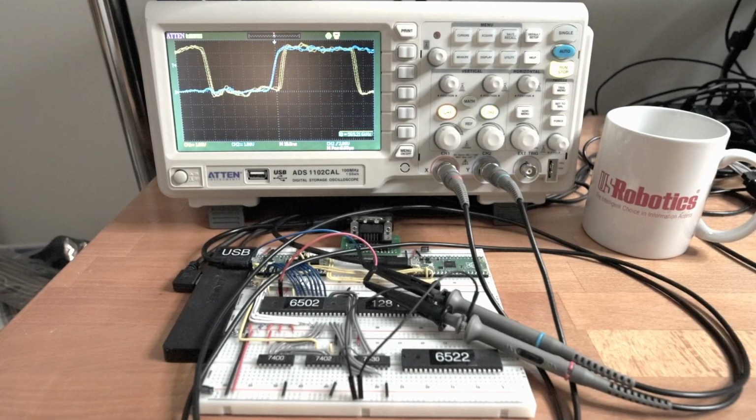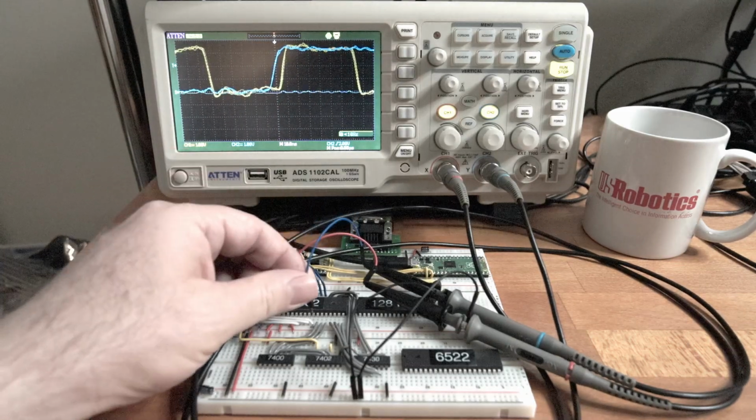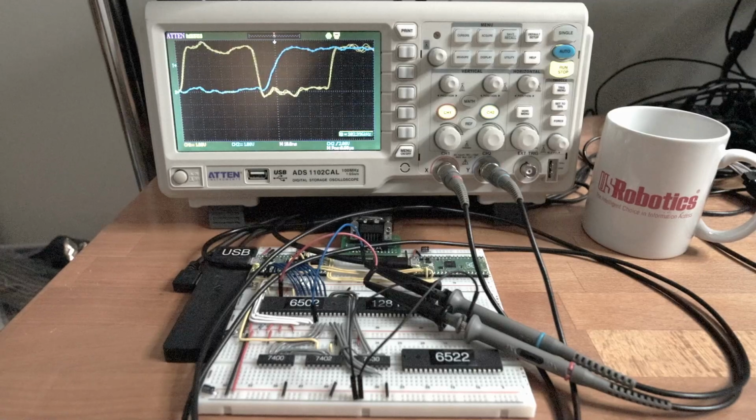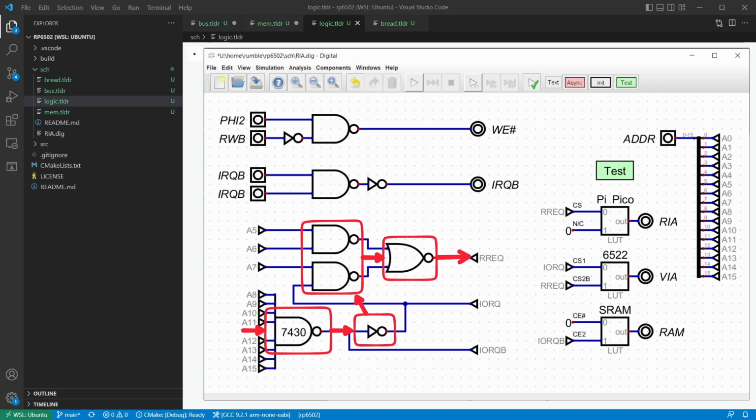Let's look at it on the oscilloscope. The yellow trace is the 6502 clock. The blue trace is the chip select for the PyPico RIA. It looks like chip select is ready before the clock. For a moment, in my mind at least, time travel was possible. Then I saw it's taking half a clock cycle for address changes to propagate through the glue logic. Let's switch to measuring the glue logic directly. I just moved the clock probe to an address line. Yes, that's 50 nanoseconds. Looking at the logic, we can see this signal path is 4 gates deep. The logic chips I bought said they were about 15 nanoseconds. Times 4? Yep, that checks out.